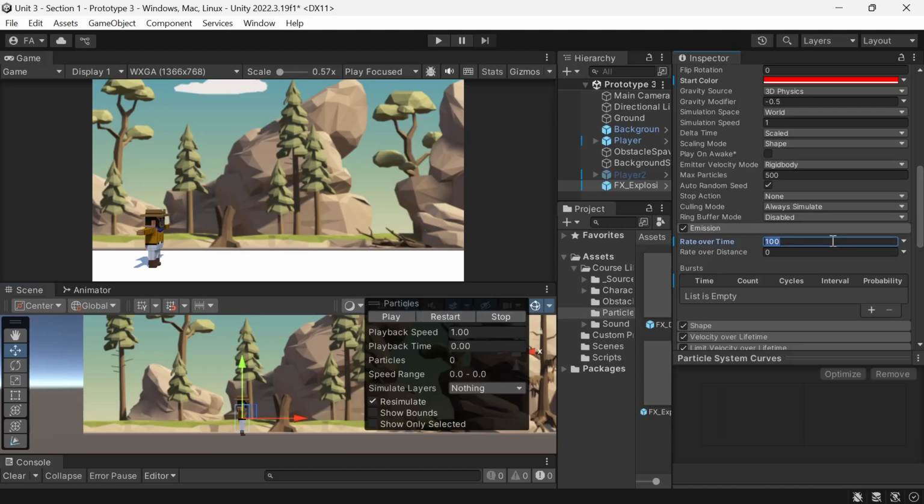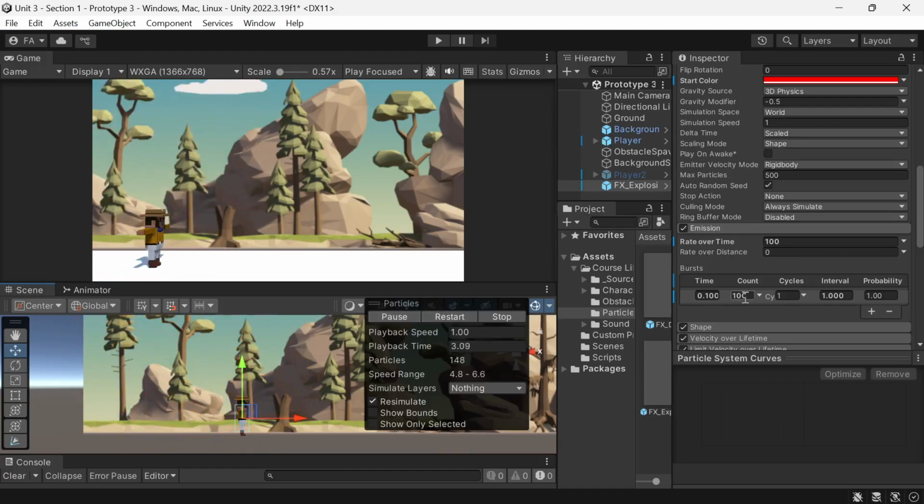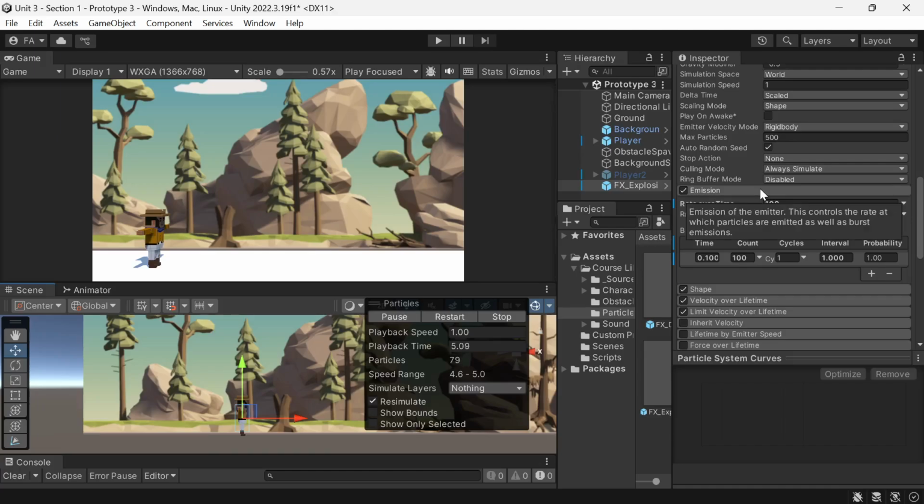So maybe we'll keep it at 100, and then for the burst, we'll just copy what we had earlier. One cycle, and then probability also 1. So if we play it again, it looks like that. Okay, it's just back to emissions. Anyway,